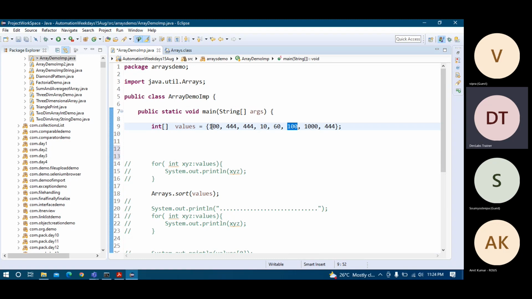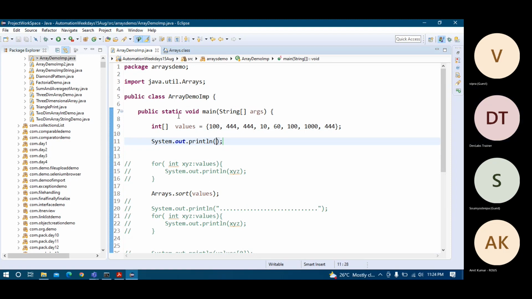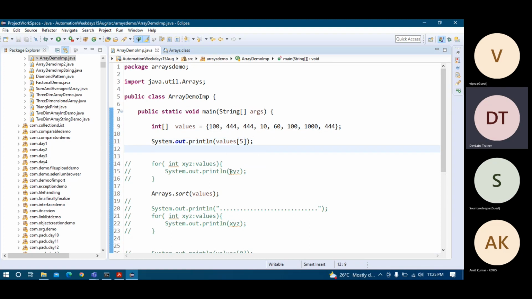So you just count the index: 0, 1, 2, 3, 4, 5. So this is index of 5. So you just do System.out.println, and give the array name. This is the array name you can give over here, and then put a big bracket like this, and then put the index. So 0, 1, 2, 3, 4, 5. So index of 5. You can see here, now the compilation error is gone, and you just try to print it,